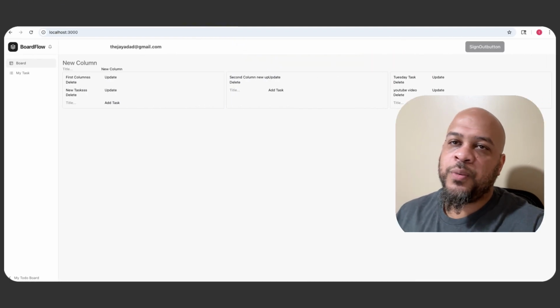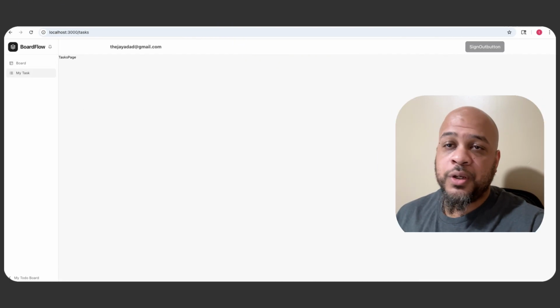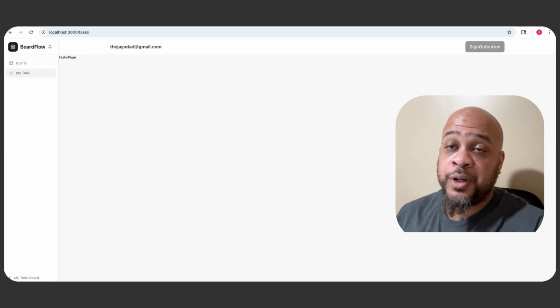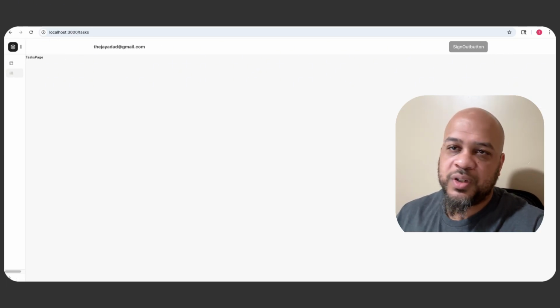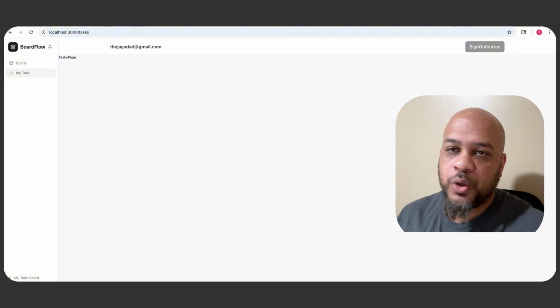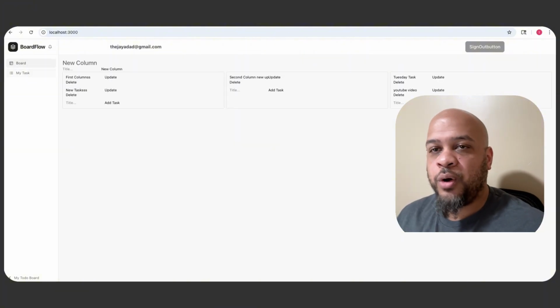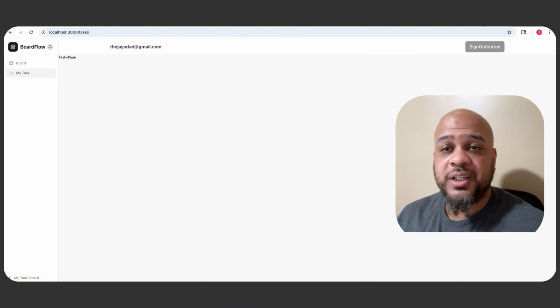In this video, I'm going to show you exactly how this expandable sidebar works in Next.js. We're only using React State, conditional rendering, and some Tailwind transitions to pull this off. No additional libraries, no additional plugins are needed. And I'm going to walk you through it line by line so that you could take this and implement it